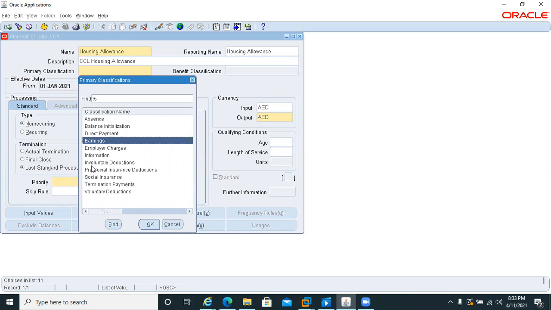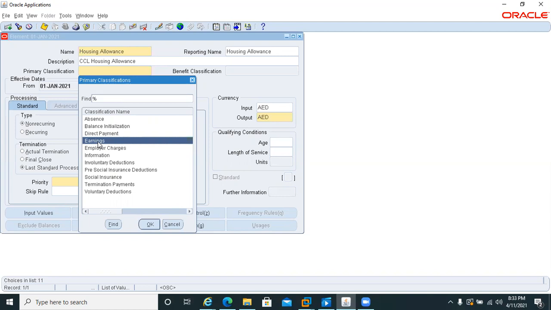Those allowances which are going to be processed on a monthly basis, we will select the type recurring as well. But the classification will be earning,